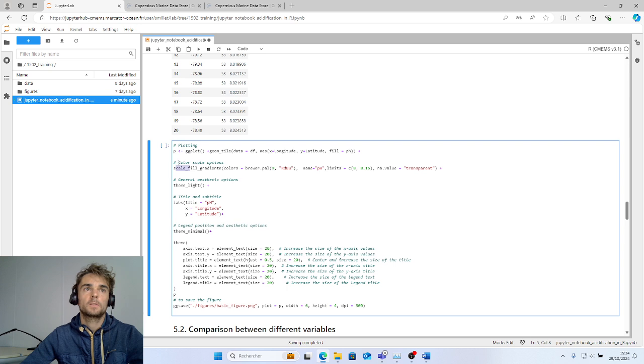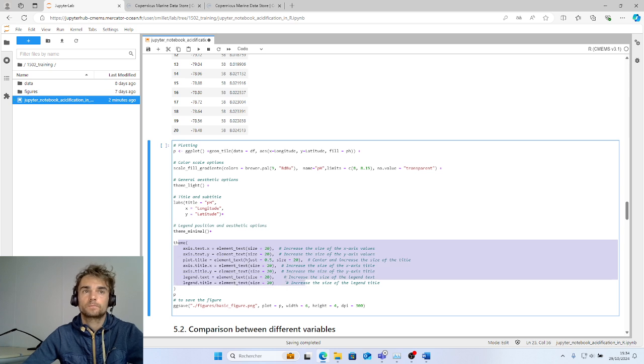Then we specify the color scale, the options of the color bar, with this function. We put a general aesthetic option, theme_linedraw. We define the title and subtitle for the figure. Here is an aesthetic option too, and here we define the size of all text.